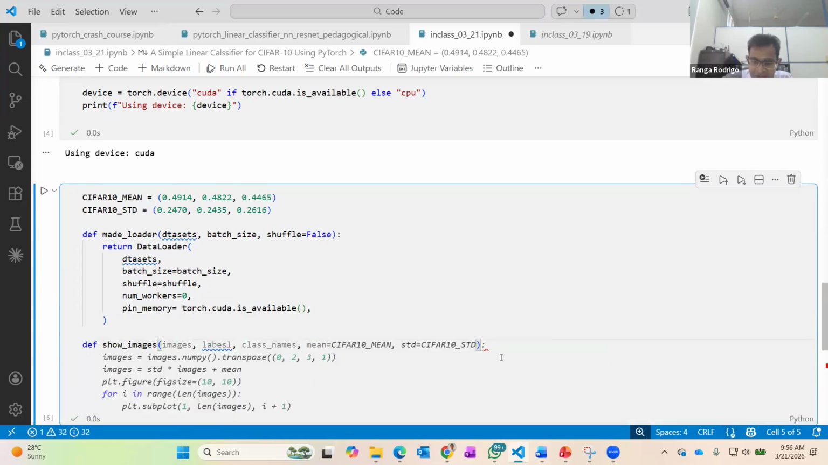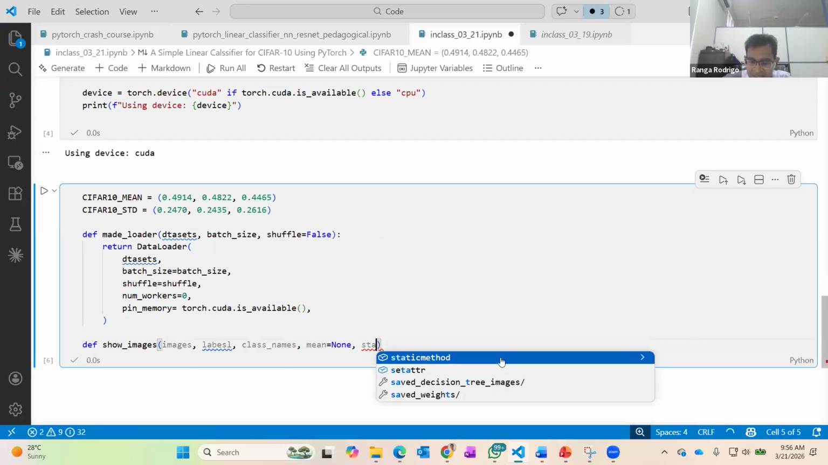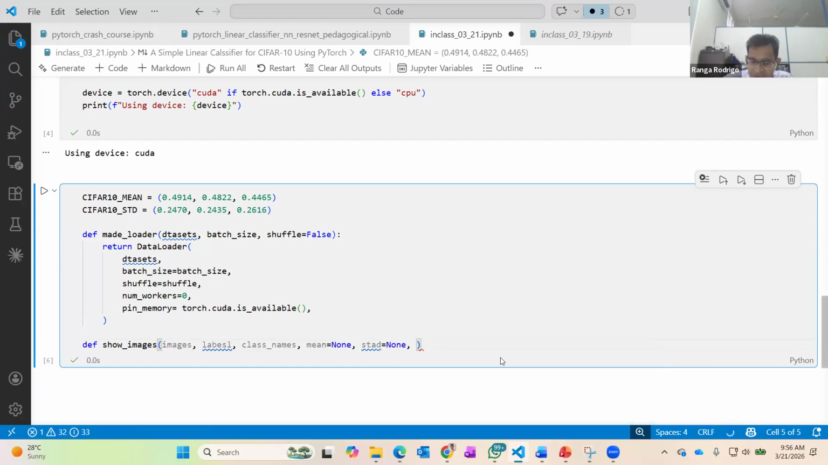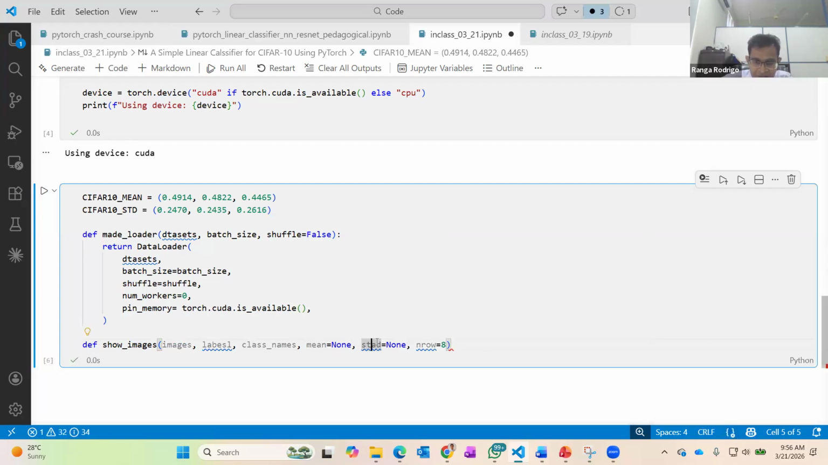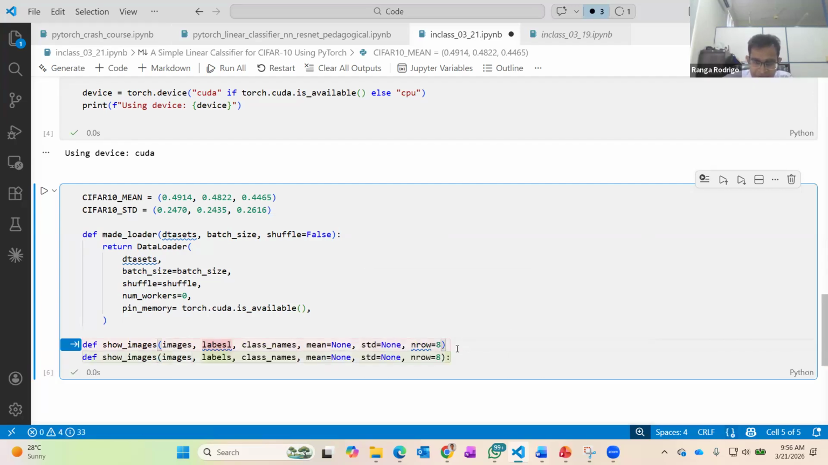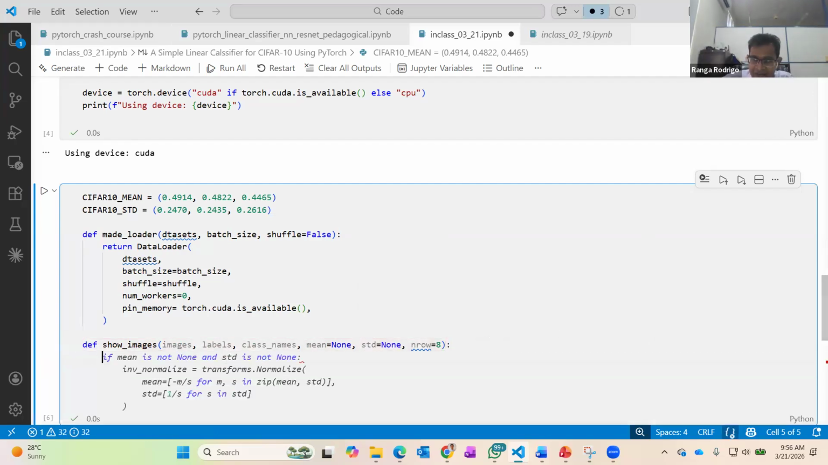mean. If you want to give a mean to this, these are default values that I'm typing. Mean equals none, std equals none, and n row is equal to 8 rows or something. Then in that definition, we have to write